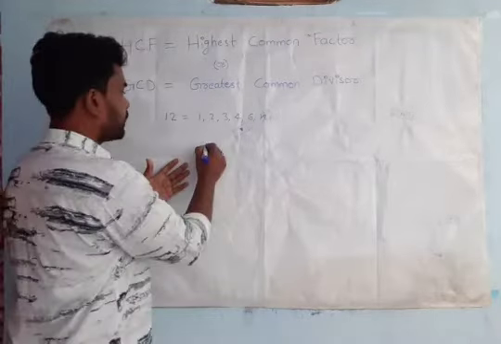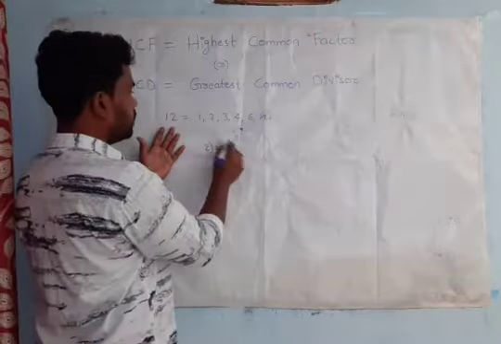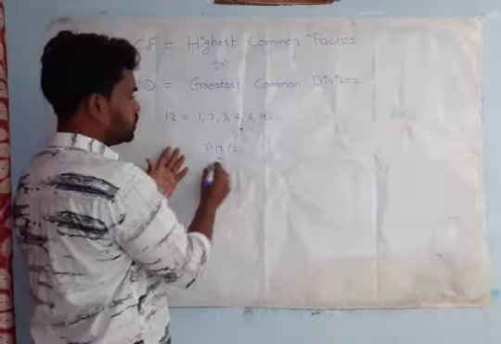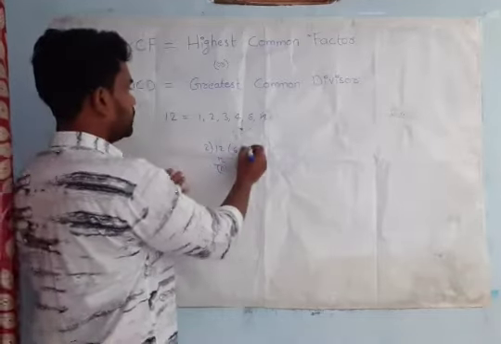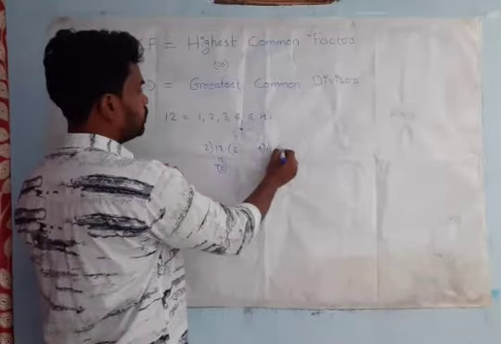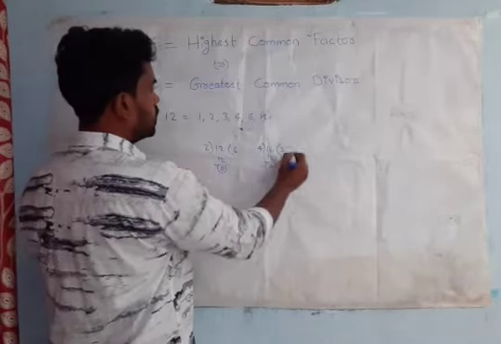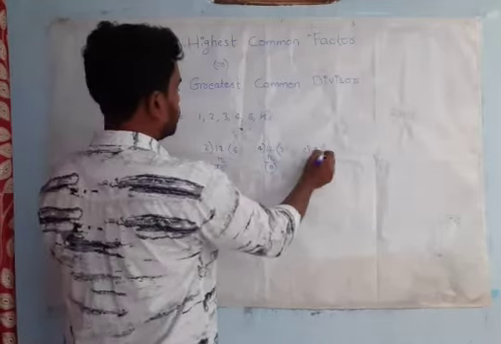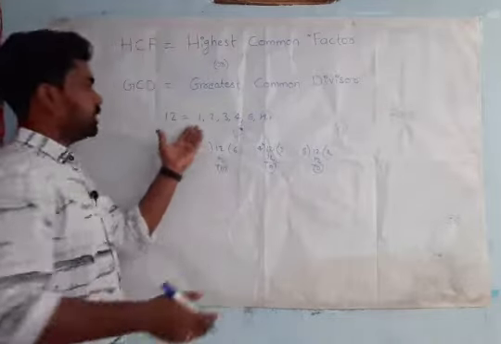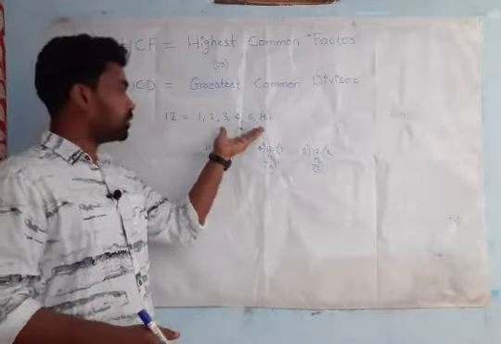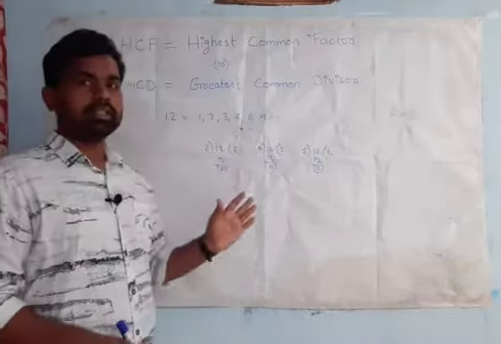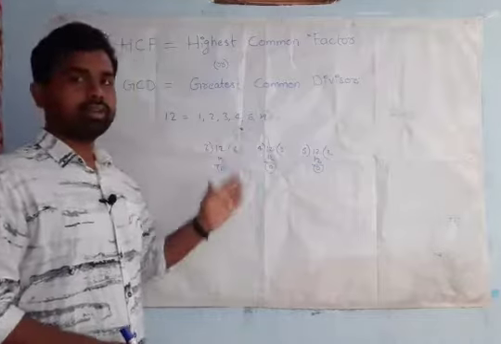They are divisors because when we divide 12 by these numbers, we get remainder 0. You can take any number and check. 4 3s are 12, 12 minus 12, 0. 12 divided by 6 means 6 2s are 12, 12 minus 12, 0. So if you pick any number from this and divide and check, you will get zero remainders only. That means these are all divisors, these are all factors. You can call them factors or divisors.